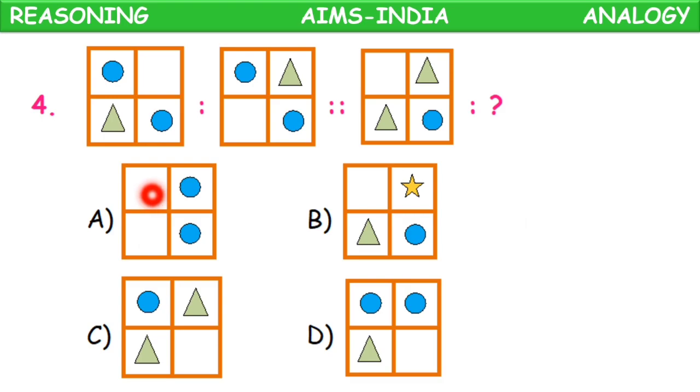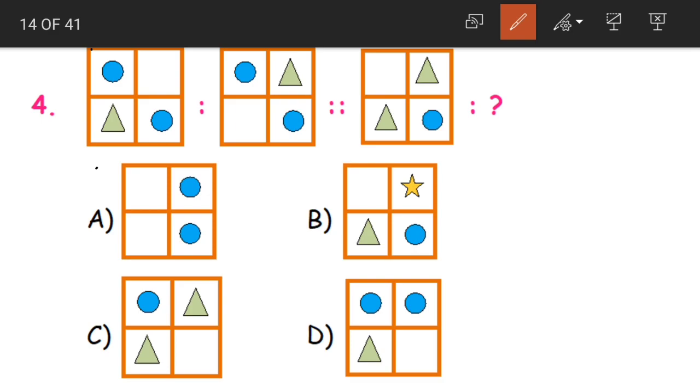The next question, 4. If you observe again, this is a figure based analogy where we'll have figures, and from the figure we have to find out the relationship. See, in the first figure we are having two circles here and a square at the bottom, left bottom. Now if you look at the second item in the pair, the circles are in the same place. See, the circles are in the same place, only our triangle has moved to the opposite direction.